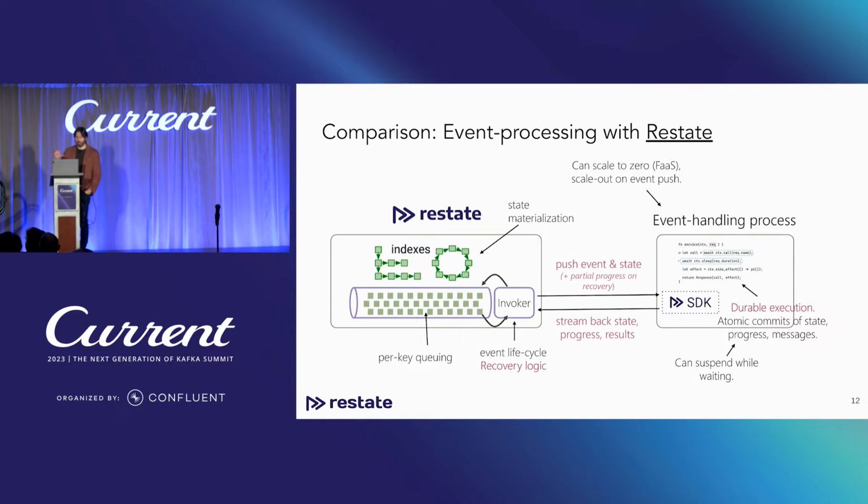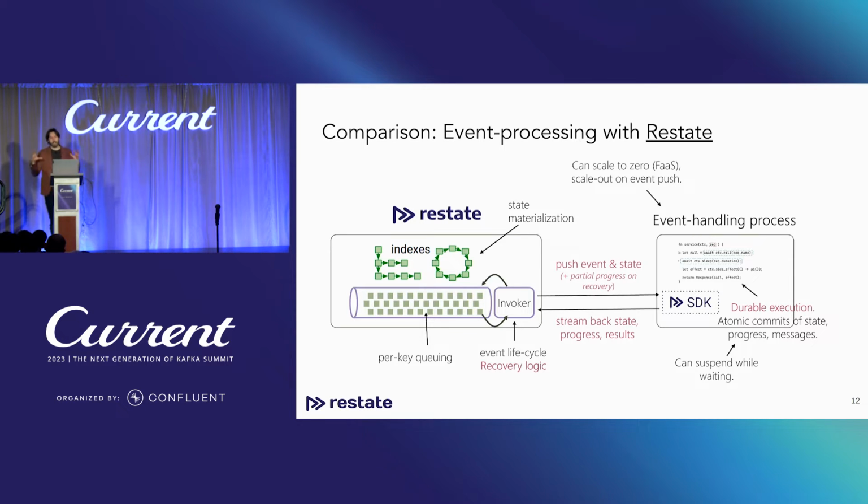It's a push-based system, so when an event comes that is destined for a service, an event representing a service invocation, then Restate pushes that to the service. One interesting result of that is that the service doesn't necessarily have to be there by the time you want to call it. You can make the target of this event an API gateway with an AWS Lambda function or some other function as a service, and it just comes up in response to the event and goes away when the event is done. So it's a really nice match for serverless auto-scaling infrastructures. So number one, it's a push-based system. Number two,